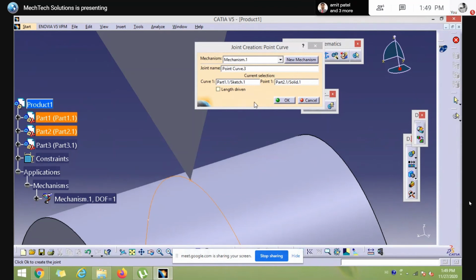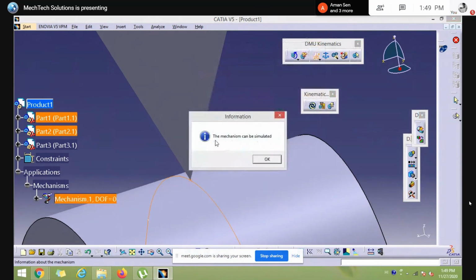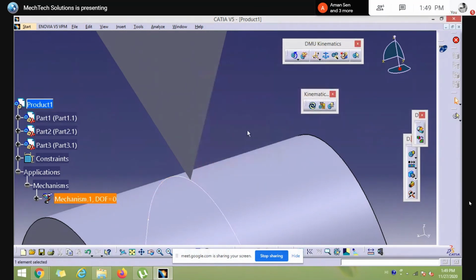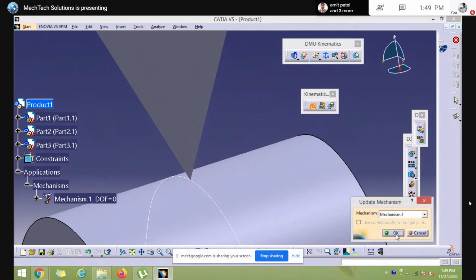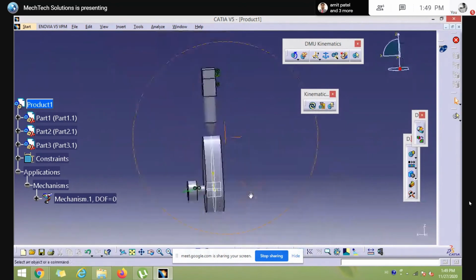So don't forget, whenever we create this profile, it must coincide with this curve. Don't use length driven. Now we can see that the mechanism can be simulated. It means everything is okay. Now we can simulate it. Update, and now I'm going to simulate it.